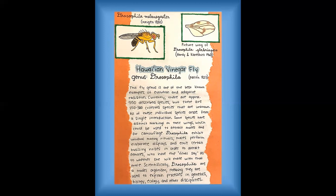So you can see the distinct brown pigmentation in some of the wing cells. The markings on their picture wings could be used to attract mates, and they could be used for camouflage. They could be used for both. So Drosophila exhibit